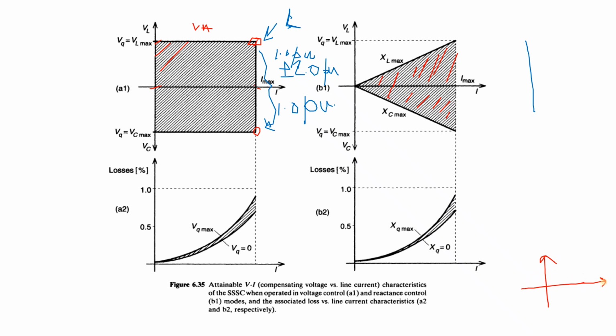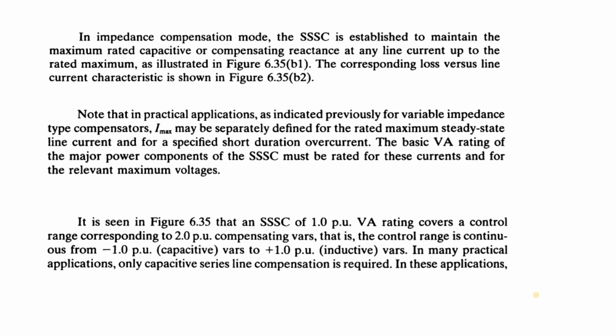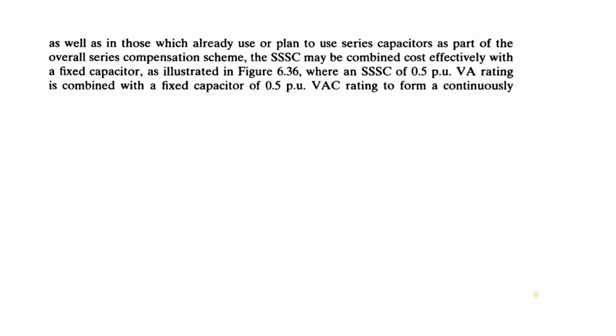used everywhere. So in the capacitive part, the upper portion if I represent over here, in that case a series capacitor is used, whose rating is 0.5 per unit. And then for the inductive part, where this is VL, the SSC is used for 0.5 per unit. As a result, we get the total 1 per unit, so that we don't have to go for the double of the VA rating,